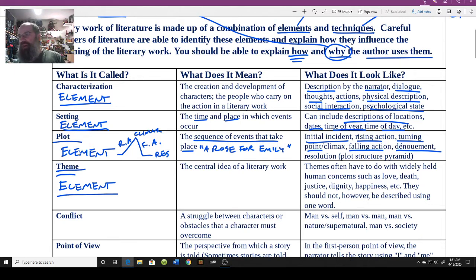You can't have a story without theme. Every story has a theme. All right, the central idea of a literary work, and this has to be beat into your little heads. The way one defines that is,